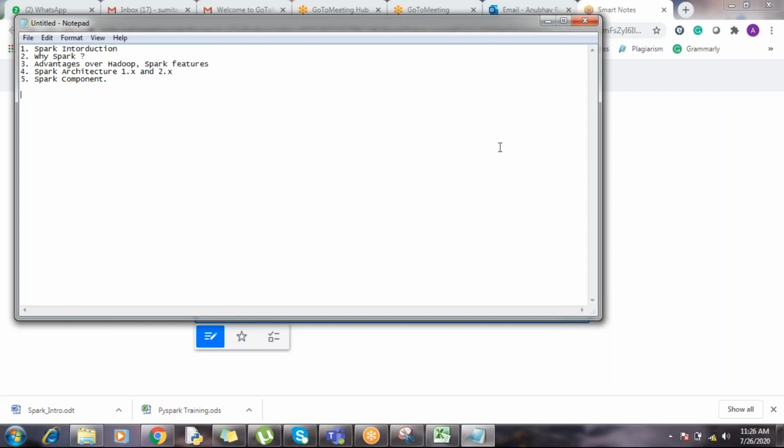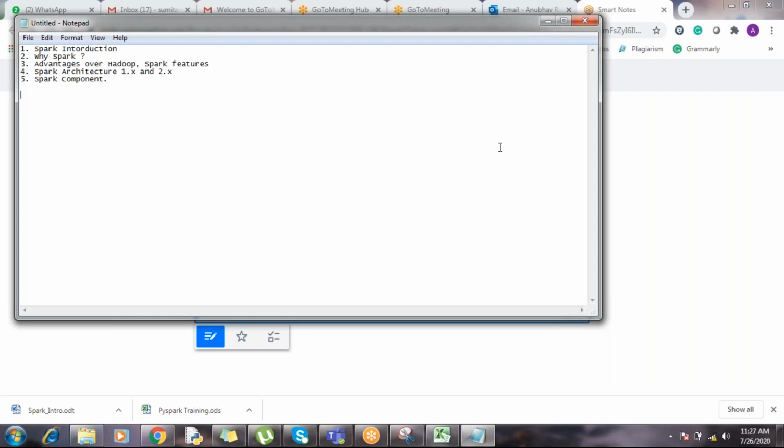Yes, I'm saying that it requires more memory than Hadoop. Hadoop systems can be normal systems, but in Spark we need systems which have more RAM. Then only it will work. Right, because all the things we are processing in cache, so definitely we are going to need more memory,